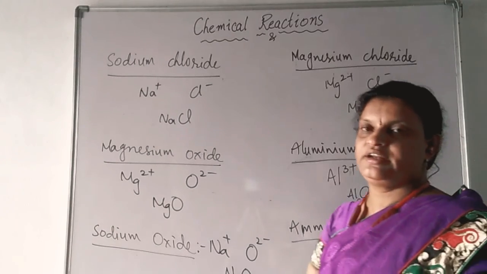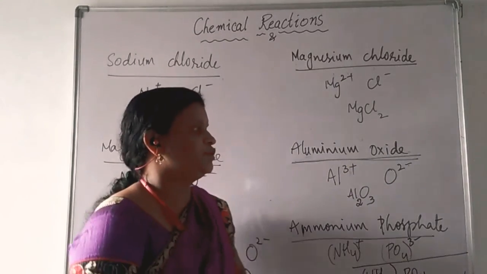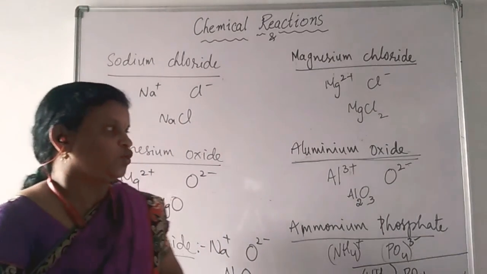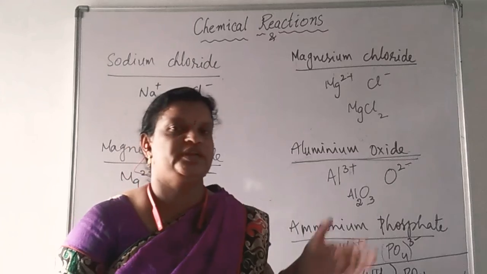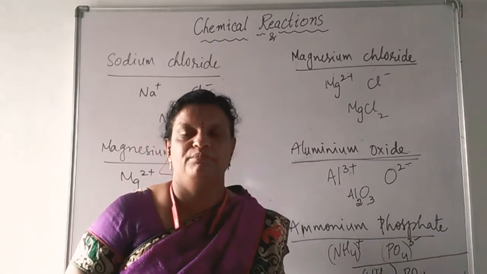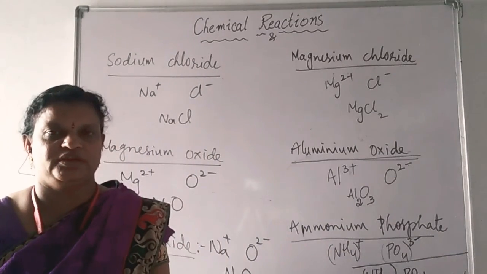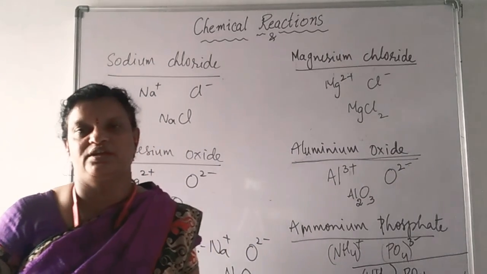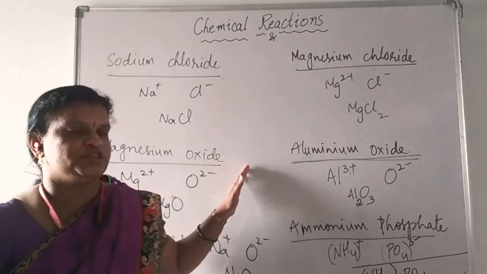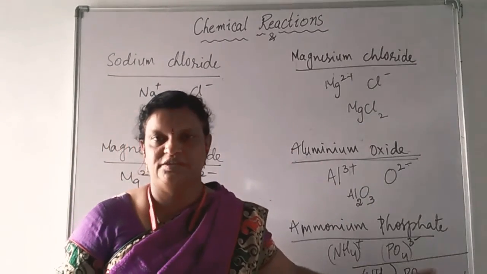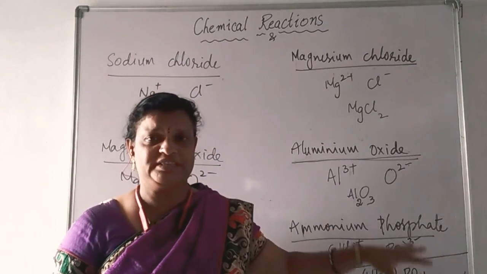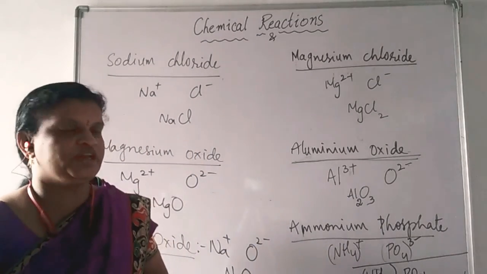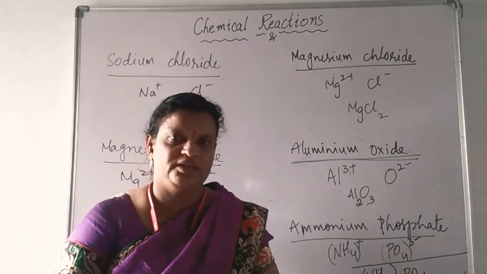So like this we can write the formulae by using the criss-cross method. Okay, and covalent compounds we have to write based on the name of that, how many bonds are there between them, how many elements are reacting together. Based on that. For ionic compounds, you should know what are the cations and anions present in that, and the valency of that. Based on that we can write the formulas. Like this, molecular formulas we can write in this manner.